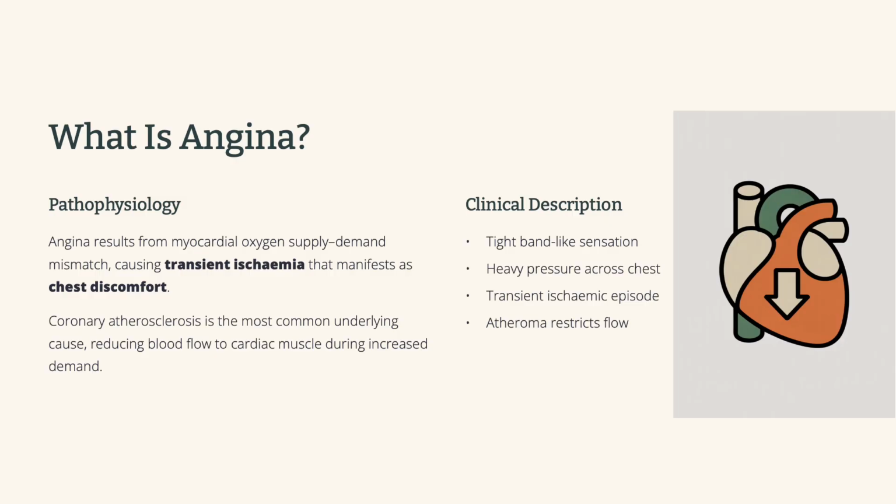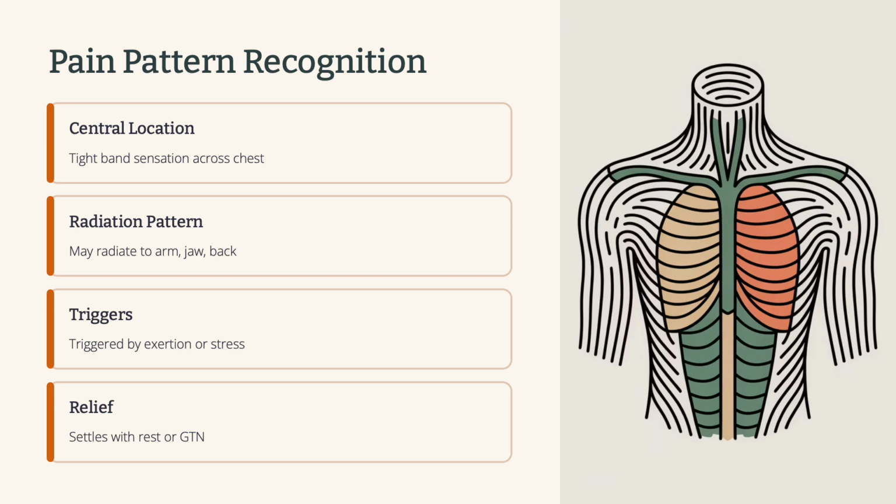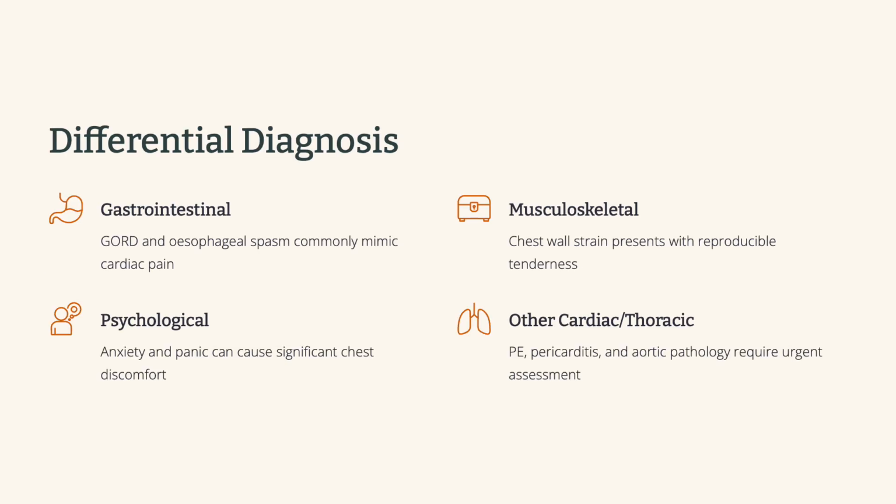But wouldn't other conditions cause chest pain too? How can doctors be sure it's angina and not something else? That's where differential diagnosis comes in. You're right, chest pain can be a symptom of loads of things. It could be gastrointestinal or musculoskeletal, even anxiety can cause it. So it's like a process of elimination. In a way, yeah. You have to look at the whole picture, the patient's history, a physical exam, and of course, order the right investigations.